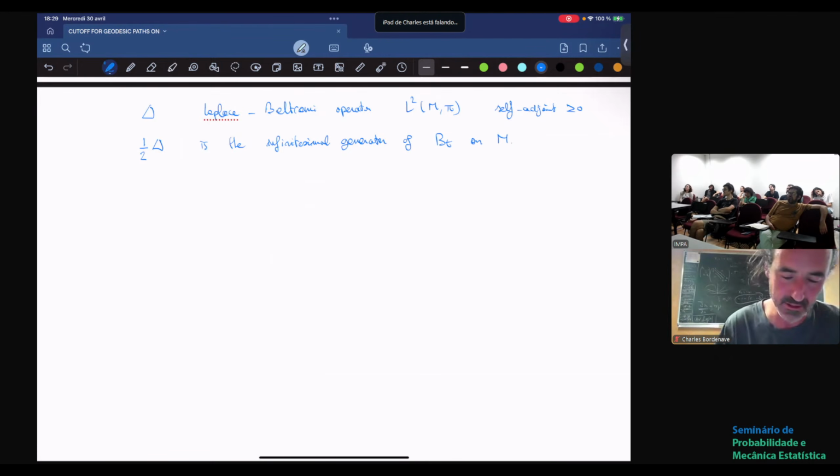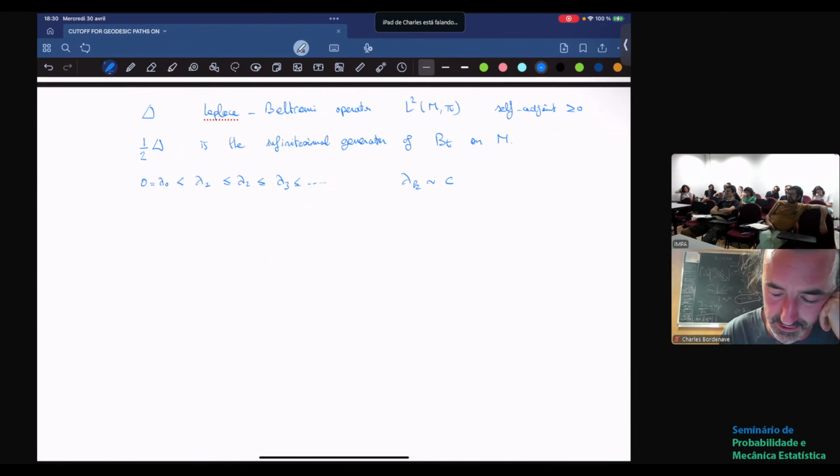Okay, so this is the generator of the Brownian motion. Since I assume that my manifold is compact, the spectrum is discrete, and since my manifold is connected, there is a single eigenvalue which is equal to 0, which is associated to constant vectors, and all other ones are strictly positive. I can order them in a non-decreasing sequence, and Weyl tells me that